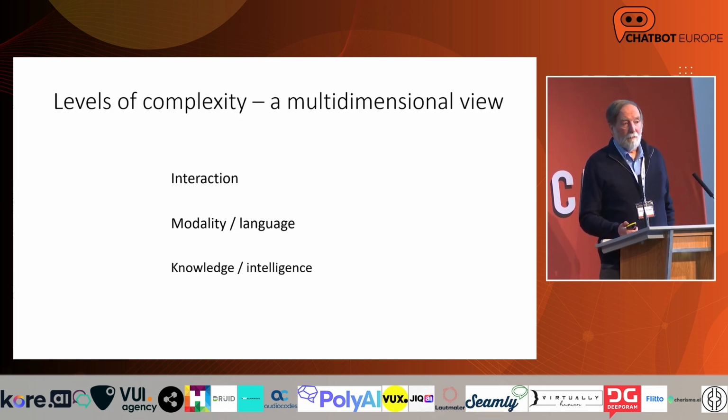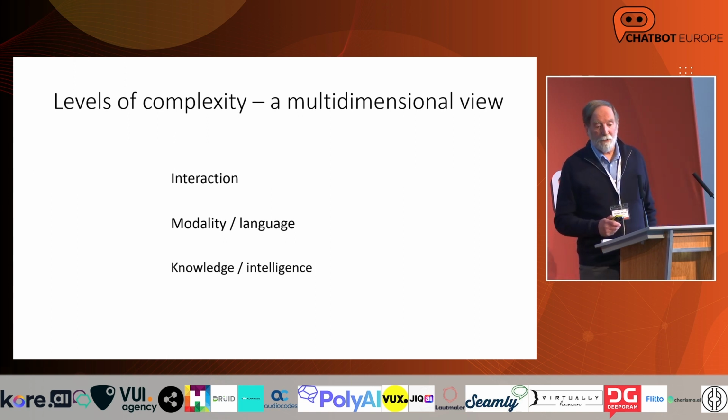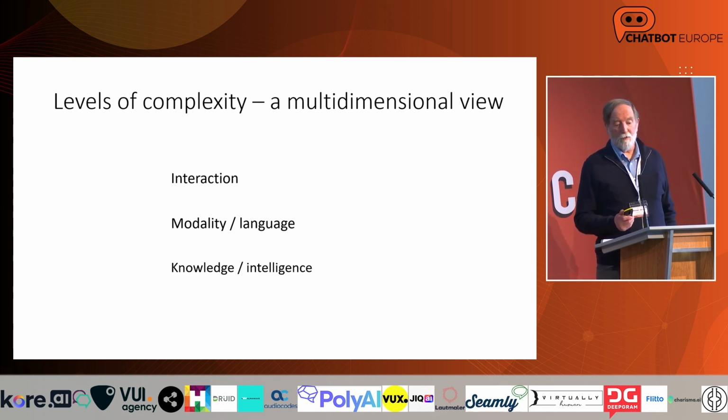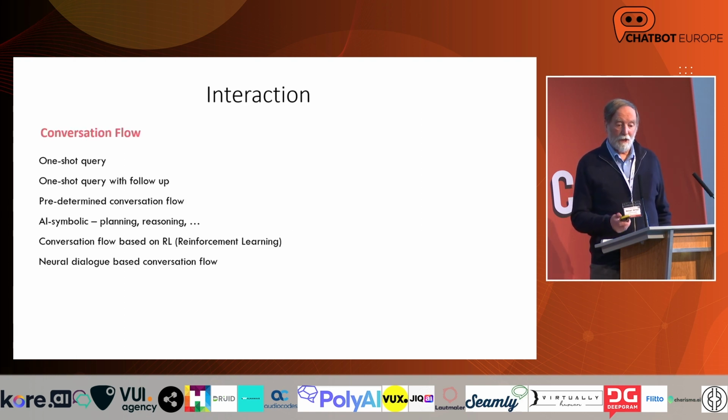So there have been various people who've talked about levels of complexity in chatbots, and I feel that it really has several dimensions to it. One is the type of interaction that it supports, which I'll elaborate on presently. Another is the modality or language that's been used. And then a third one is the knowledge or the level of intelligence that it displays. There's probably others, but these are the 3 that I'll focus on. So looking at interaction,